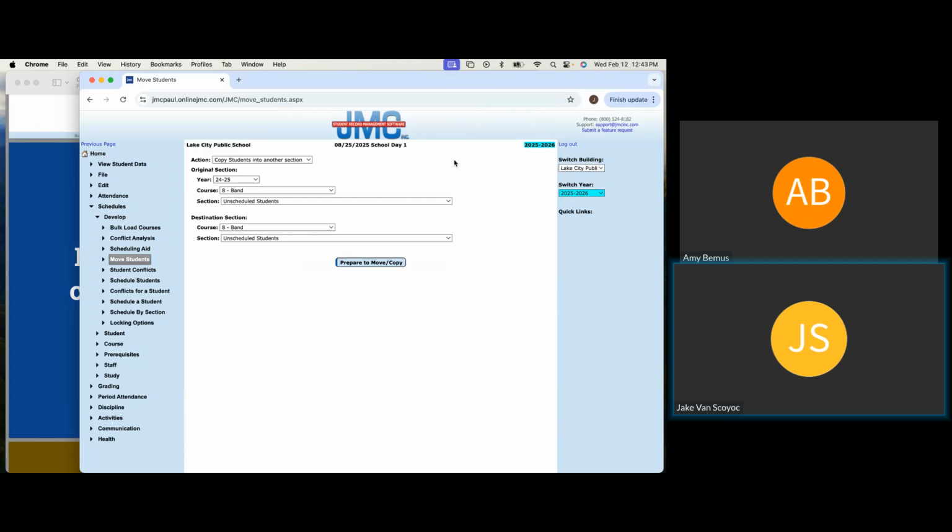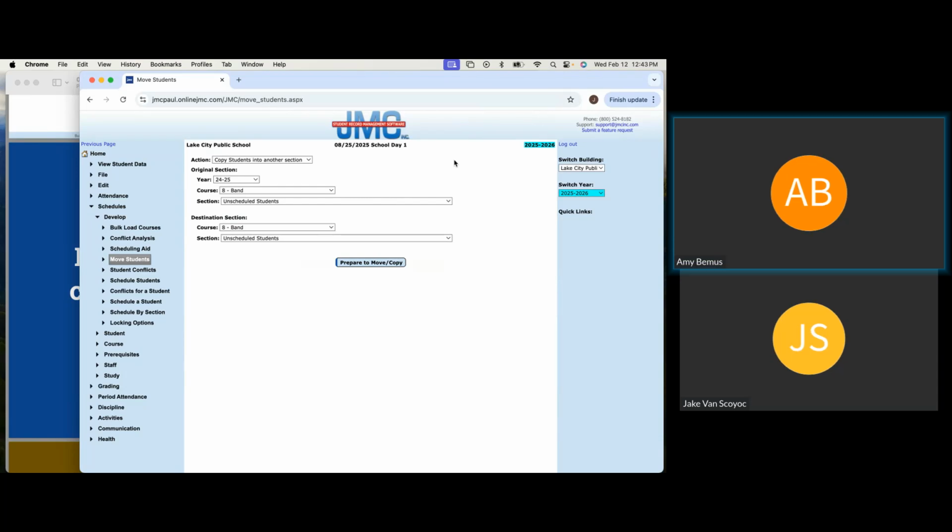Amy, anything to add about how you use this feature? I think you hit it with things where your kids move together a lot, like band and choir are great ones. I mean, obviously, you're not always going to have the exact same kids, but it's a whole lot easier to move them in this manner and then make your individual tweaks. Say I had a student who decided he wasn't going out for band the next year. So I could go to his schedule individually and move him. So much easier to work with 40 students at a time than just moving them one by one